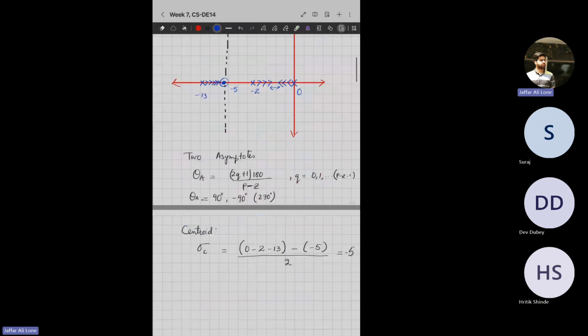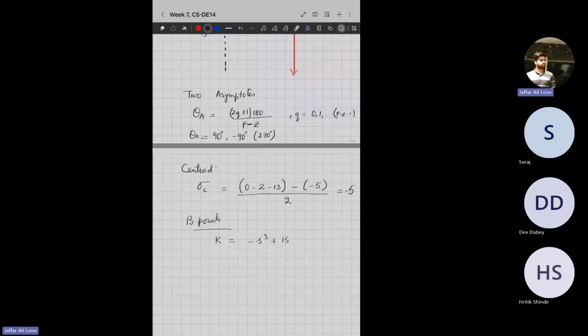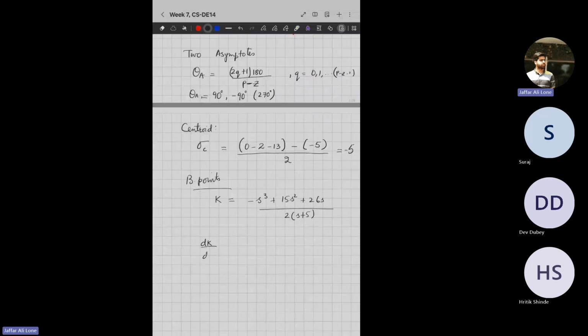So for the breakpoints, we find the expression of k, which is given by minus (s cube plus 15s squared plus 26s) divided by 2 into (s plus 5). If we differentiate it with respect to s and put that equal to 0, we will get s cube plus 15s squared